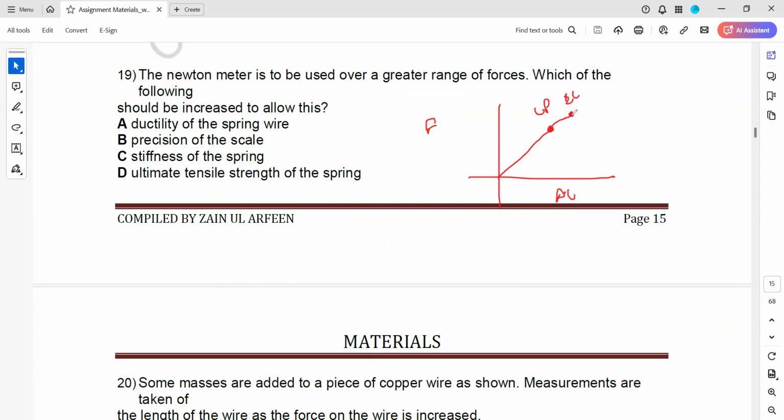So if we remove the force before this point, the object will return back. But if we remove the force after this point, the object will not return back. So the difference between an elastic limit and a limit of